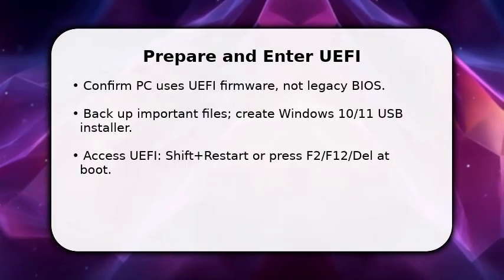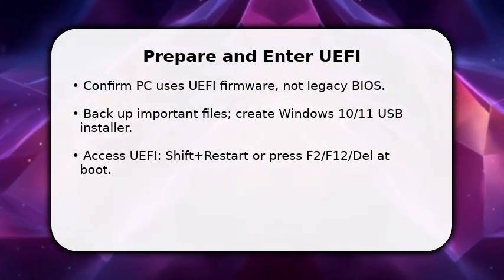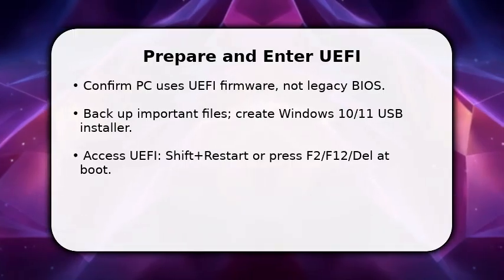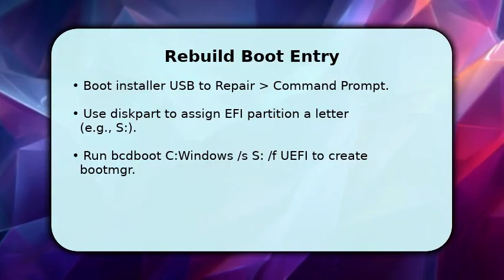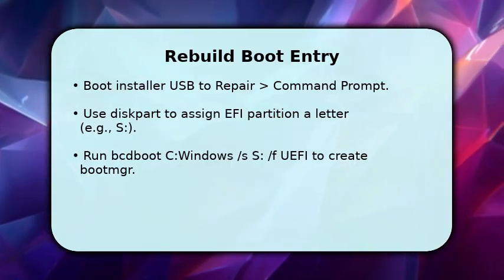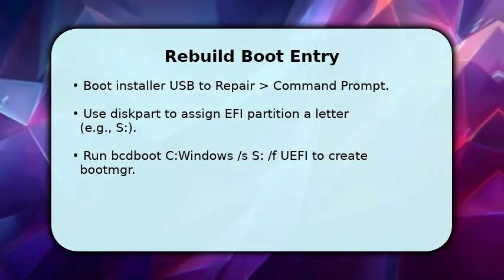You'll now rebuild the UEFI entry. Boot the Windows USB and choose Repair, Command Prompt. Use diskpart to list disks, select the disk, list partitions, and assign a drive letter to the EFI partition. Choose S for clarity. Then run